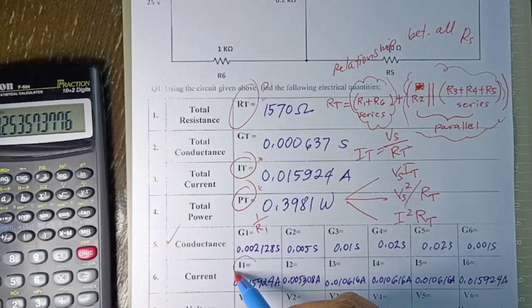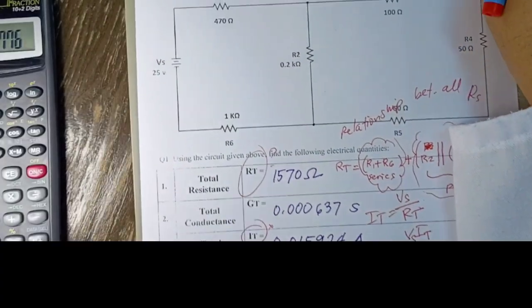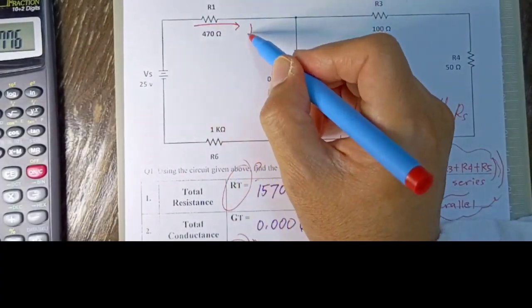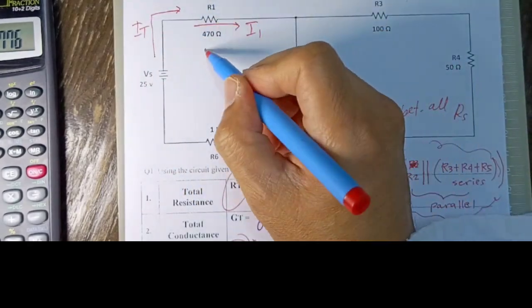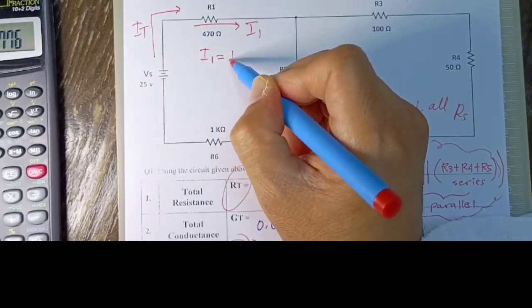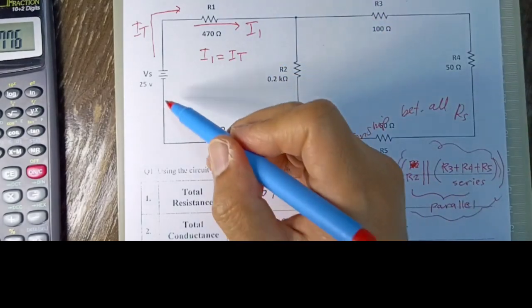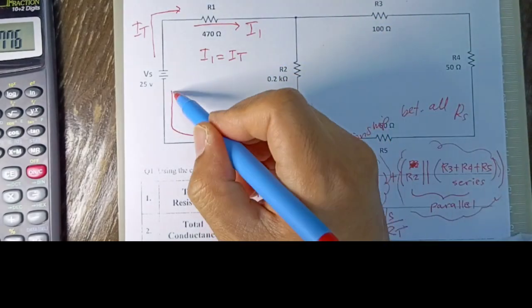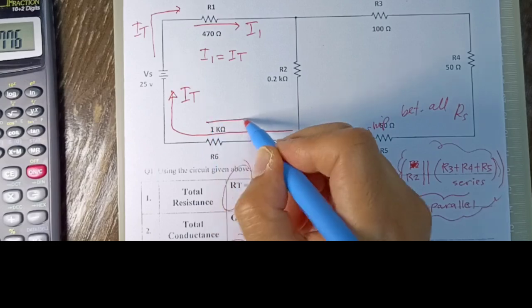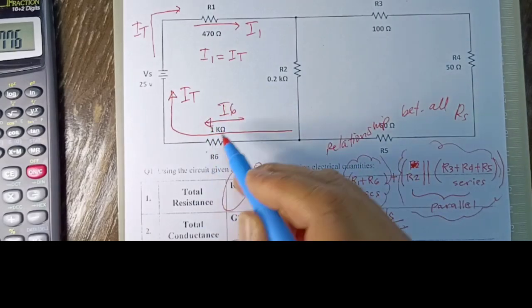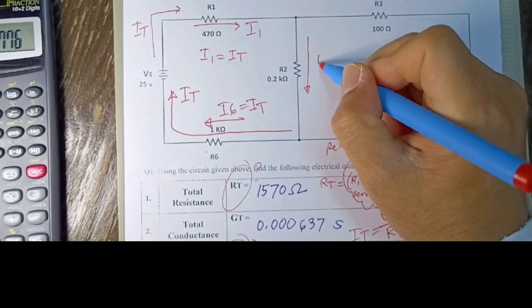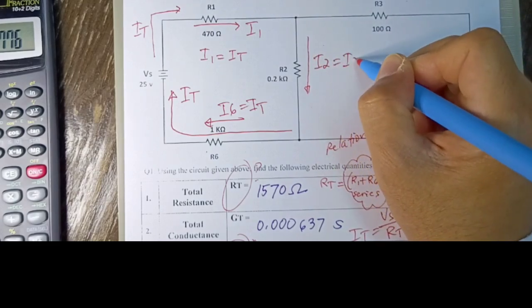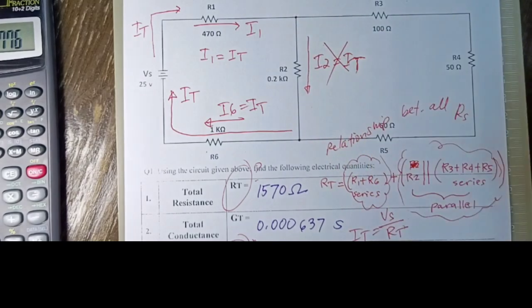Now, when it comes to the I1, remember that the I1 and the I total are the same. So we will say I1 equals the I total. And here, it's also I total, and it will pass through the I6. So the I6 is also equal to I total. But over here, if you say that I2 equals I total,